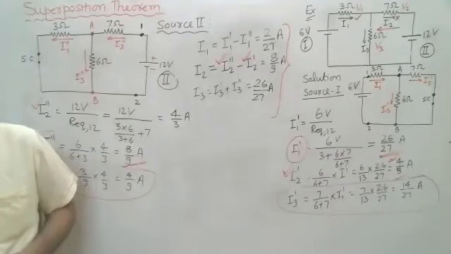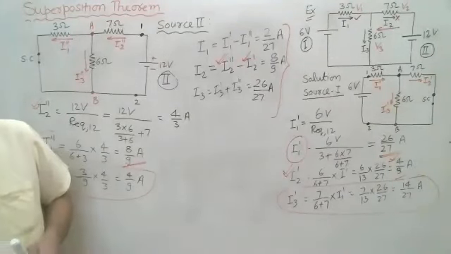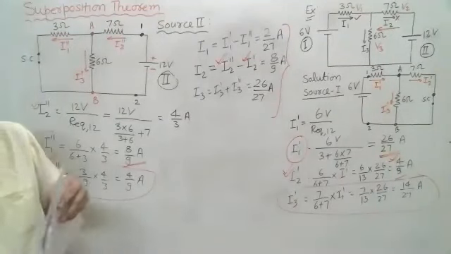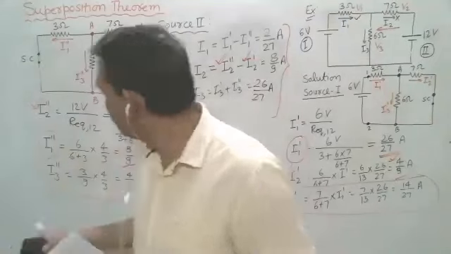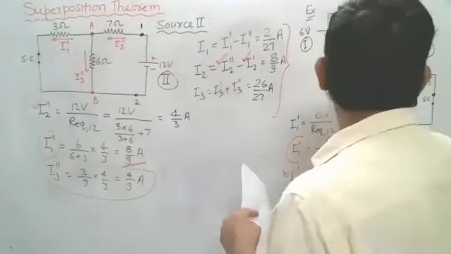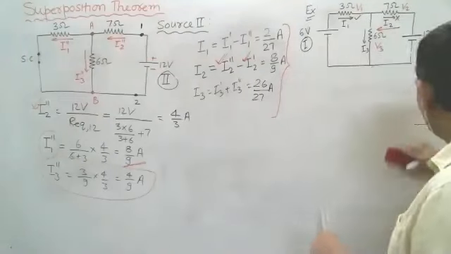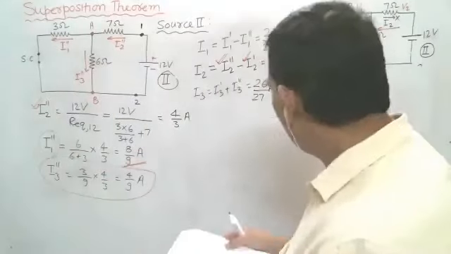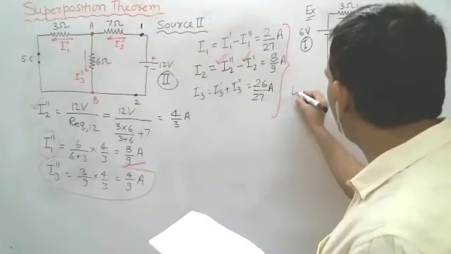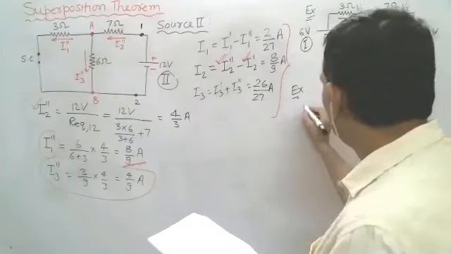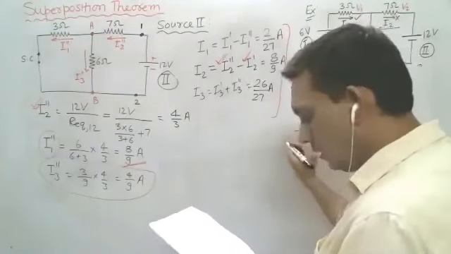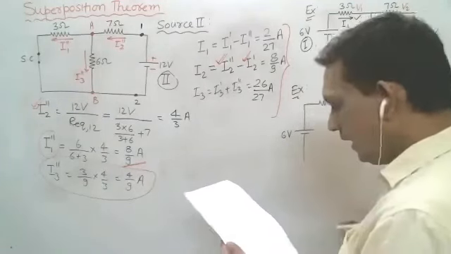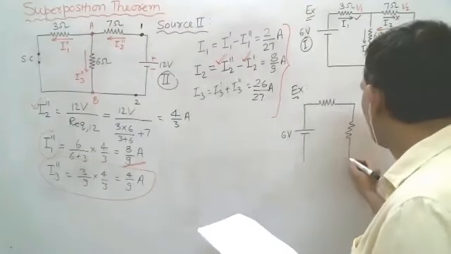ठीक है? Okay. So let us write one problem, that is assignment for you. You have to try this question. ठीक है, एक प्रैक्टिस के लिए लिख लो क्वेश्चन. So we can take both voltage source as well as current source. So in this case, this is 6 volt. This is 8 ohm.